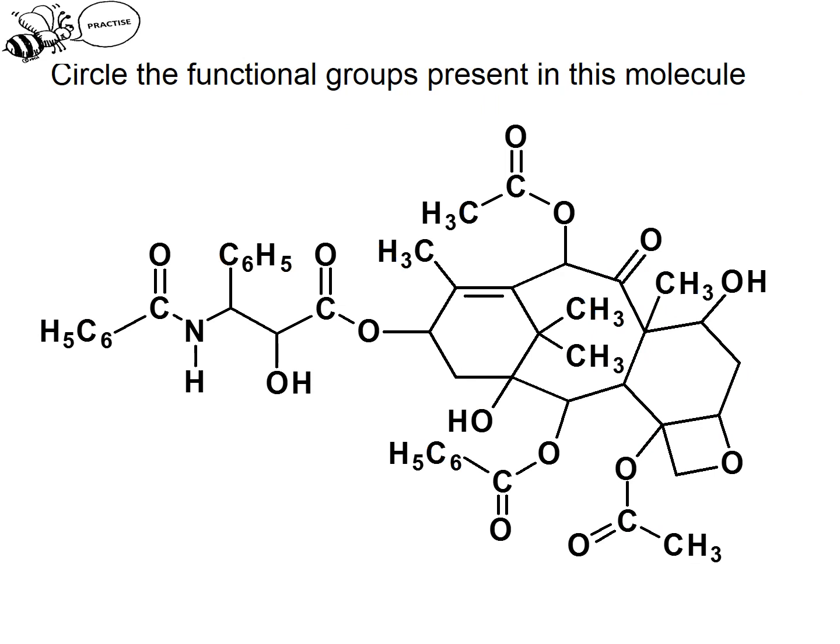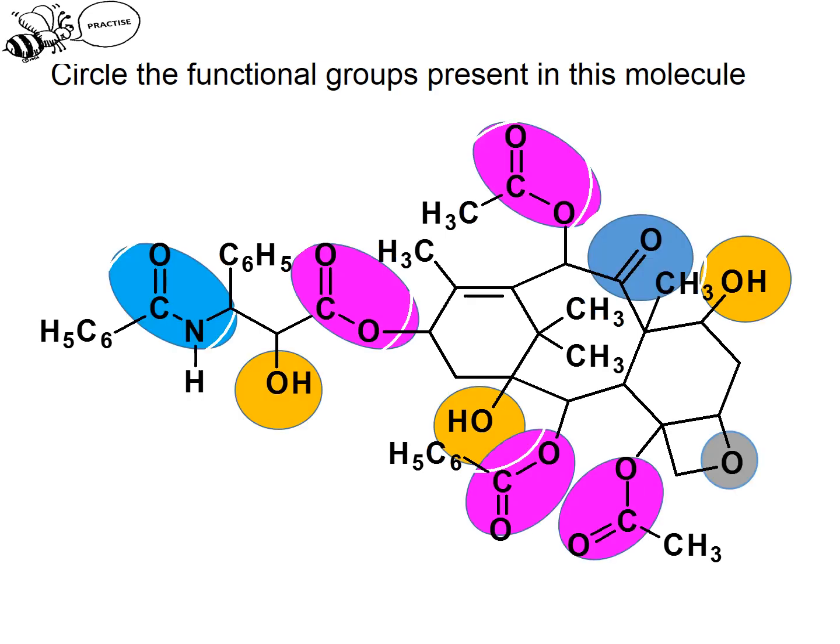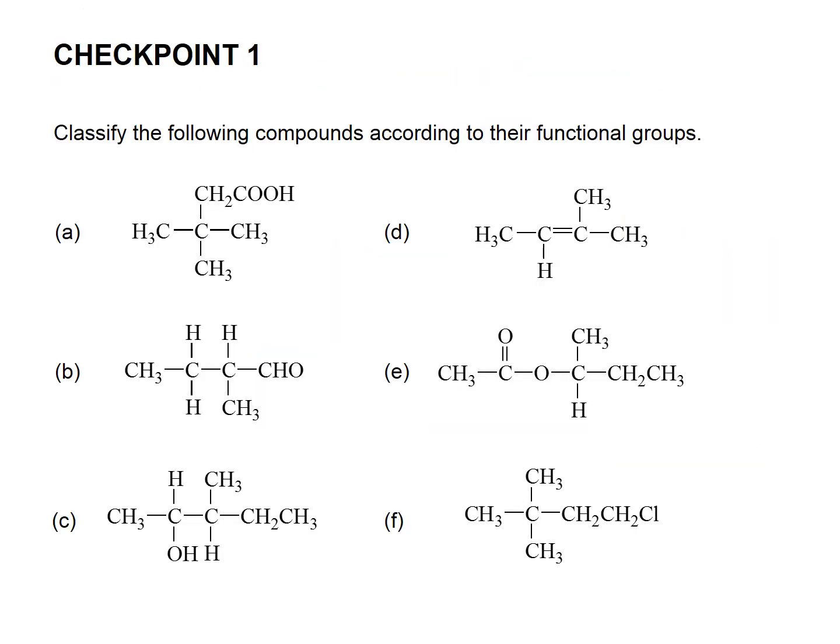So, these are your practice. We already done this during the class. Okay, circle the functional group. So, dah ada jawapan dia hari tu. So, yang ni pun checkpoint 1, classify the following compounds according to their functional group. So, we already discussed this. I just make a brief